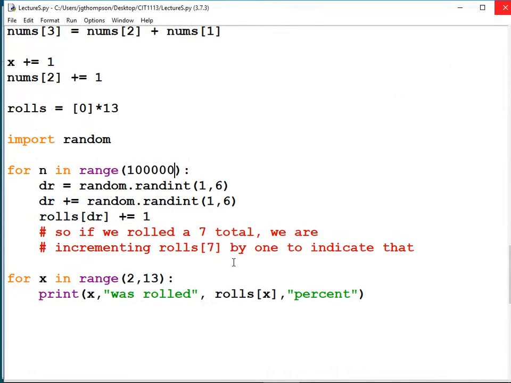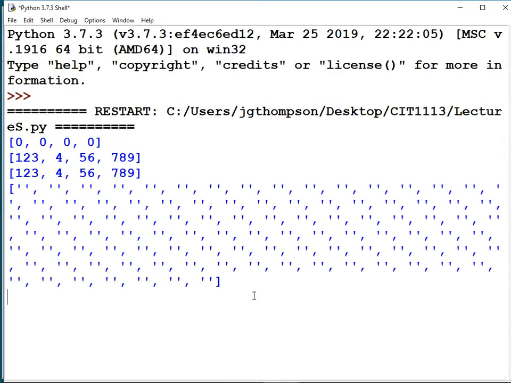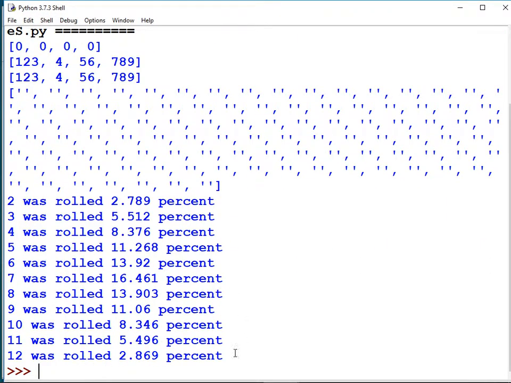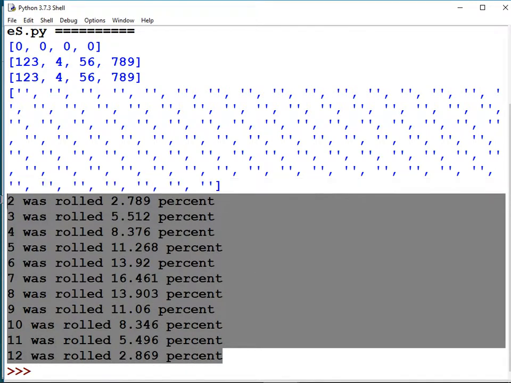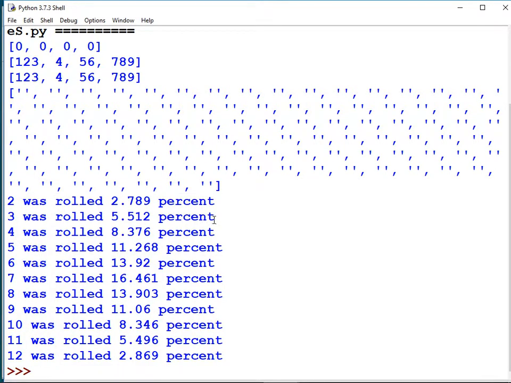I'm going to make that change, but then I'm going to undo it all. So don't make this change with me. There we go. Right. This is a more perfect bell curve distribution. 2s are rolled least often, about as often as 12. 3s are rolled a little more often.